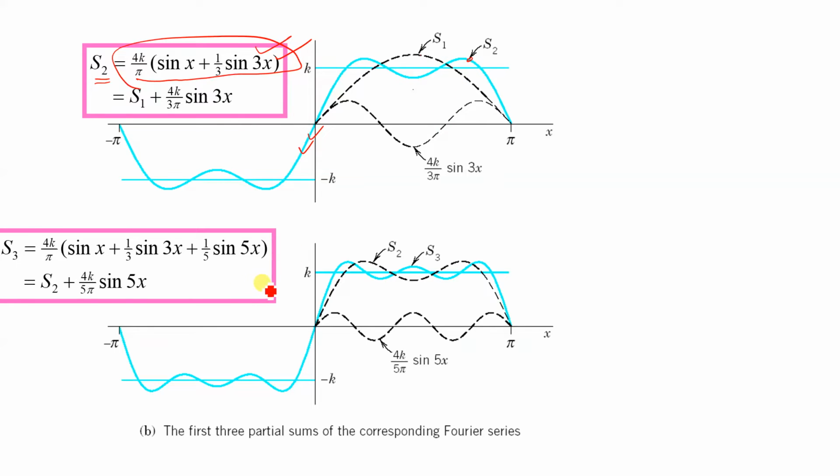Now, if we consider these three terms, you can plot these graphs with the help of any software and verify it. So if we consider these three terms, you can see that this graph becomes like this. There is a repetition of the wave in this portion, and you can see a repeated wave in this portion, and the rest is almost the same as in S1, S2. So continuing this way,